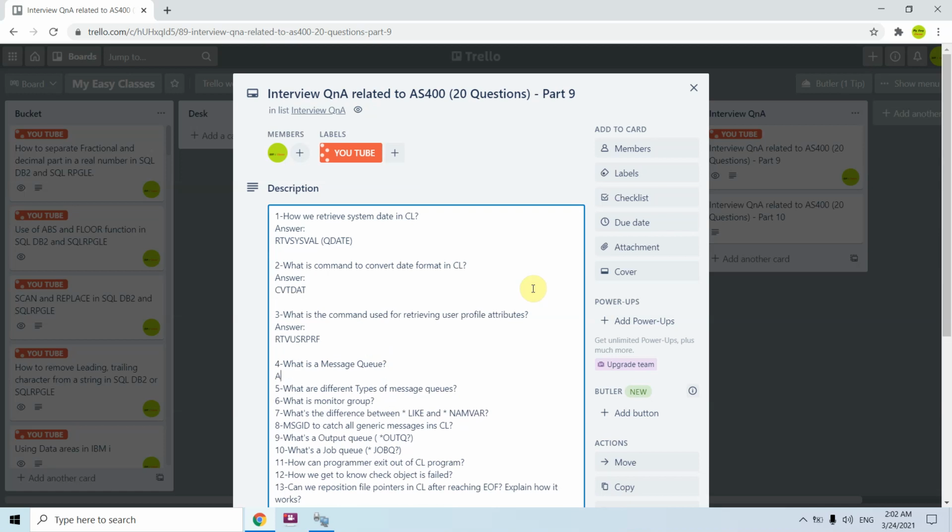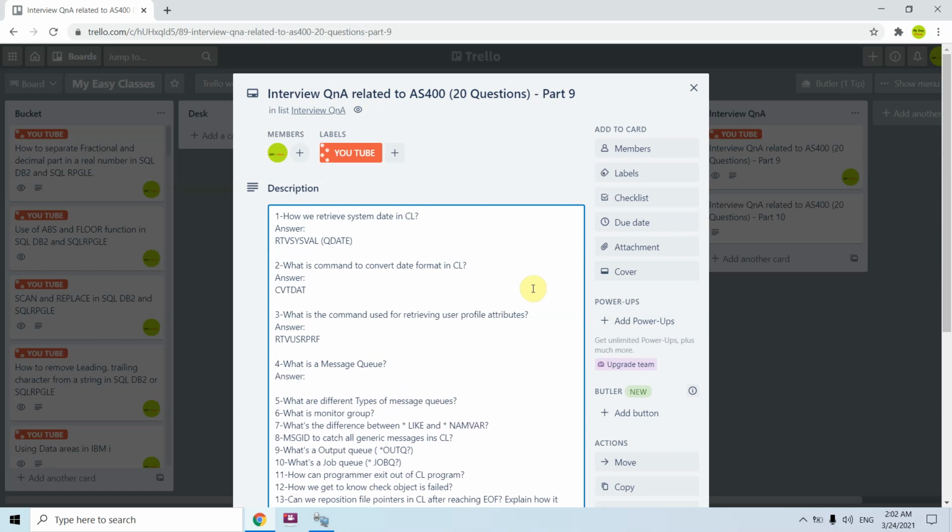Fourth question is what is message queue? So message queue is basically used to send and receive messages.